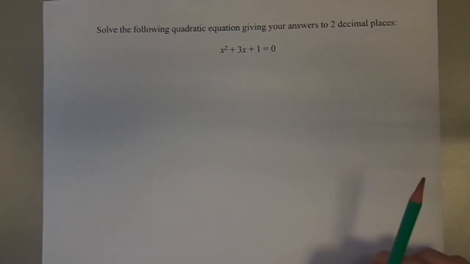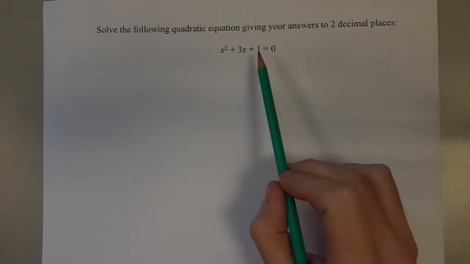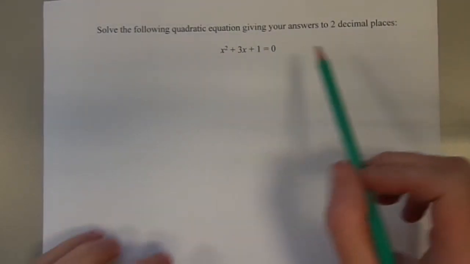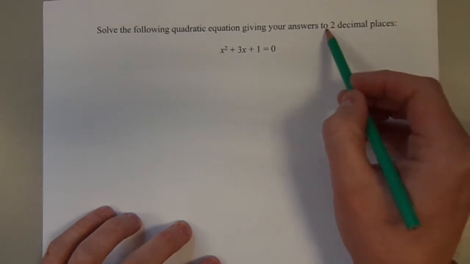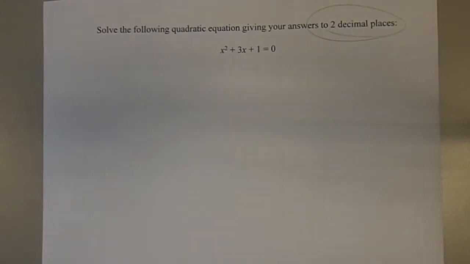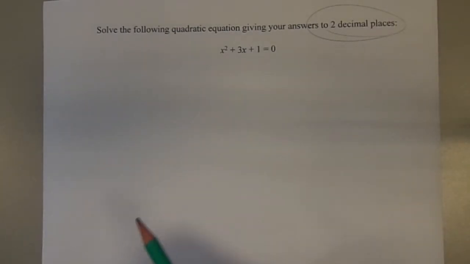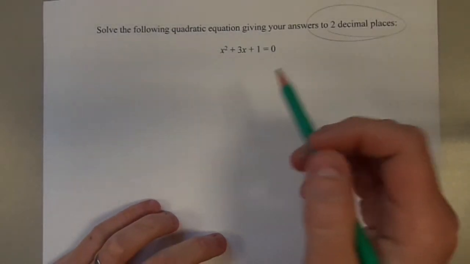Right, what you should have noticed if you tried that is that this does not factorize nicely. There are no pairs of whole numbers that we can multiply together to give 1 and add together to give 3. There's actually a clue in the question as to how we need to approach this. When you can't factorize nicely, there is another way of solving a quadratic equation,